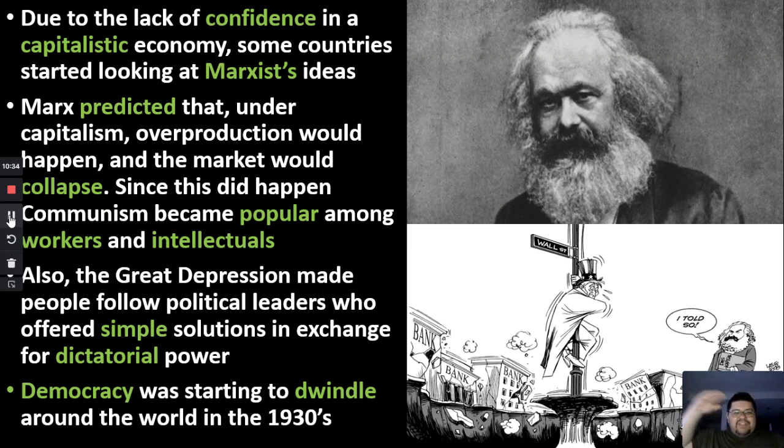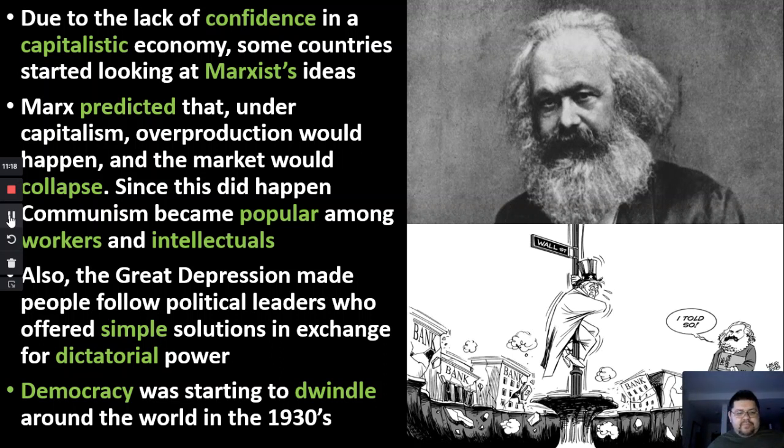Eventually, the price of something will be high, and people will make a ton of it because they want to sell at that top price. But because everyone made it, the price is going to shoot down. And when that happens, the market will collapse, which is exactly what happened. Now, because that happened, communism became a very popular idea amongst workers and intellectuals, people who were looking at this stuff going, this makes sense. Capitalism failed, so maybe we should try, you know,